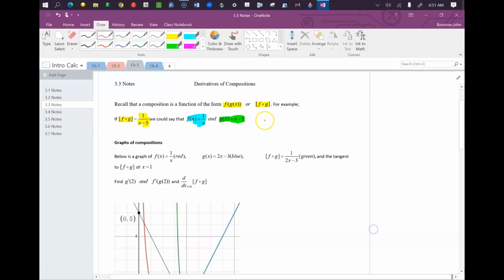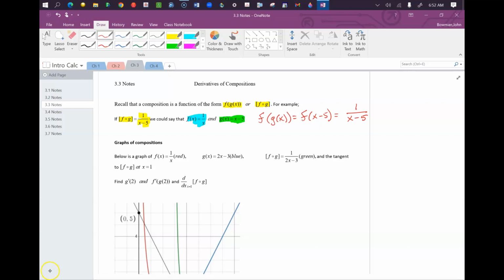Putting that together using the old notation, f of g of x is equal to f of x minus 5, and similar to what we did for derivatives in the last chapter, f of x plus h, we would substitute x minus 5 into the place of x in the f function. So this would be 1 over x minus 5, and we can think of that function as a composition